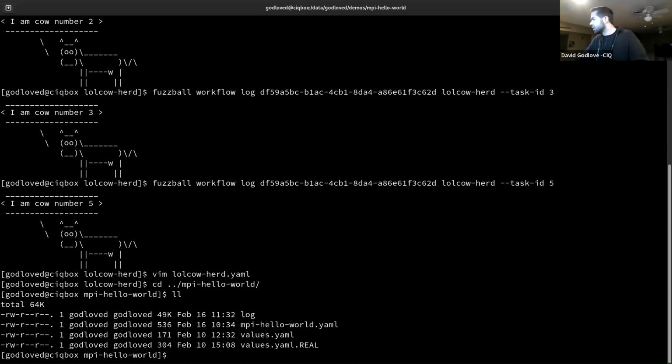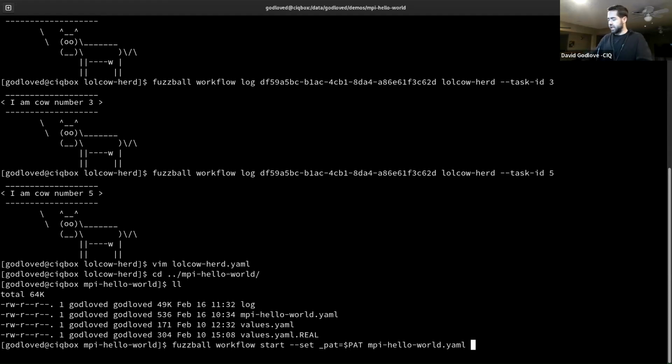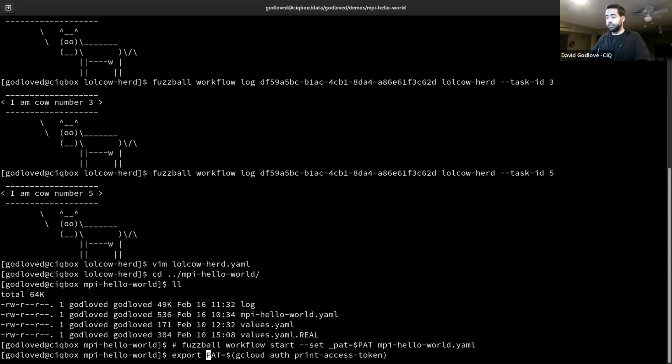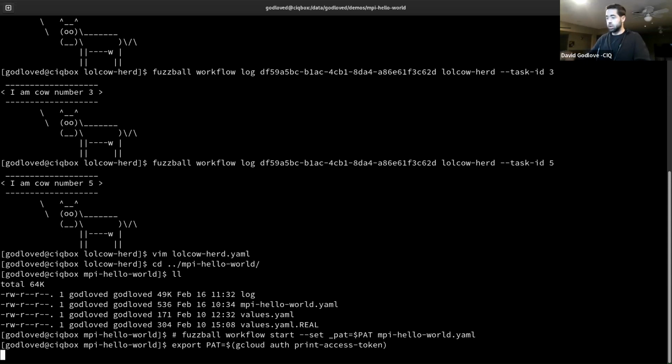Let's see. So here, this is a container that Jonathan built, and he built it within Apptainer, and he pushed the CIF file to a Google container registry that's a private registry that only we have access to. So I'll go ahead and show you this. I am going to create a personal access token using this gcloud auth print-access-token